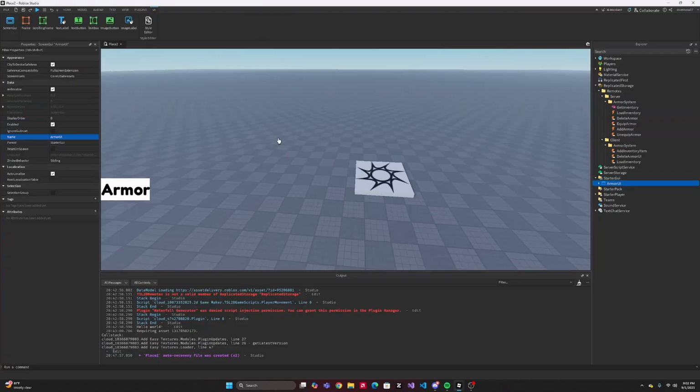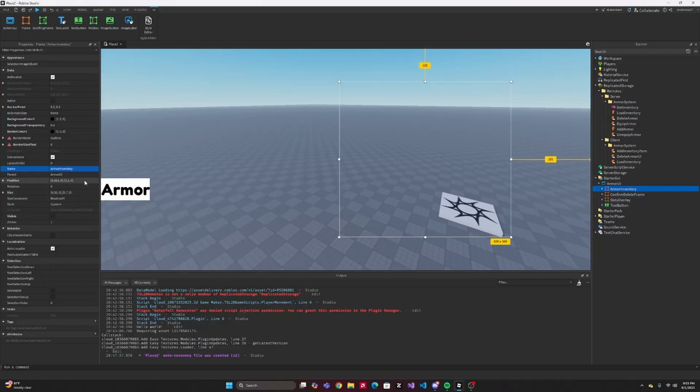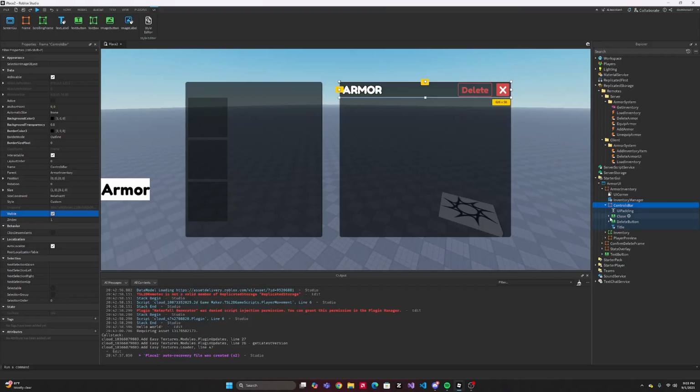Real quick, I'm going to show you guys this Armor UI that I have over here, so you guys can copy it. I have an Armor inventory frame, and it's just basic UI. Doesn't really matter too much what's in it. Control bar with a close button,